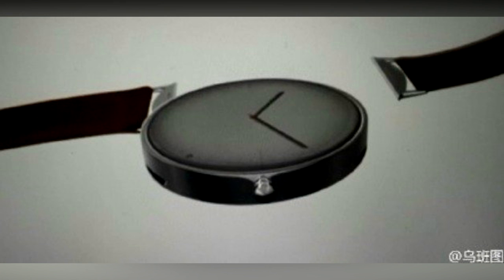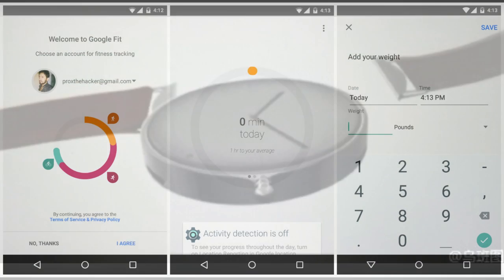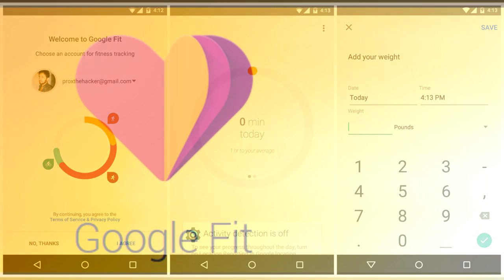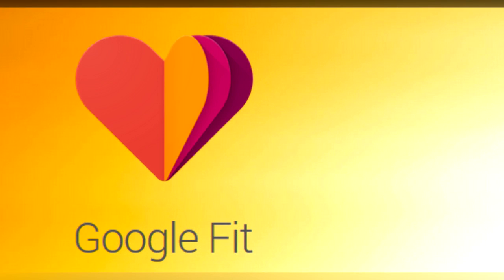Another cool thing that they're doing is adding more battery life, and basically this means that you'll be able to take full advantage of all the things on the Moto 360 and all the applications on it. So I remember my Moto 360 kept draining in battery, and after doing a little bit of research on a bunch of websites and forums, I found out that Google Fit was the thing draining all the battery. But I liked using Google Fit, so I ended up keeping it on. Eventually I'm like, alright, battery life is more important, I have to disable this, and I did end up disabling it. But Google Fit is something that I want to keep using, so if they add more battery life, then I'll be able to take advantage of Google Fit